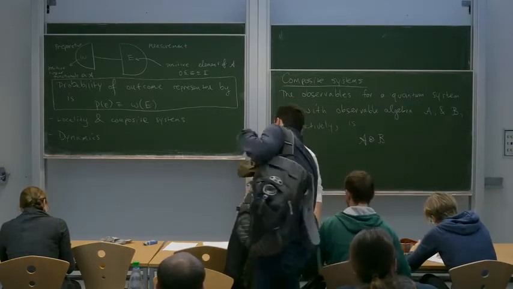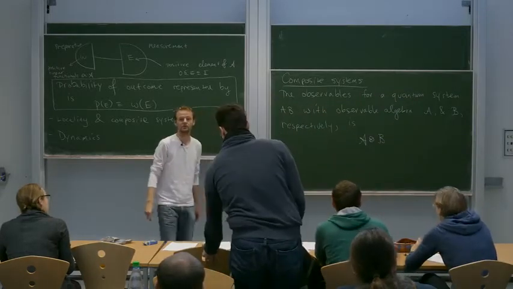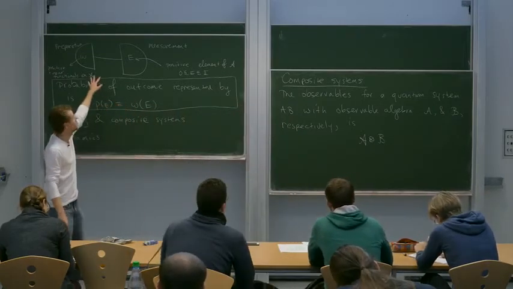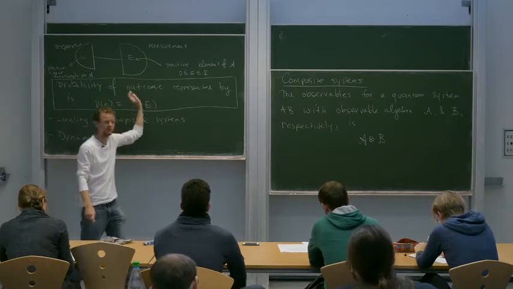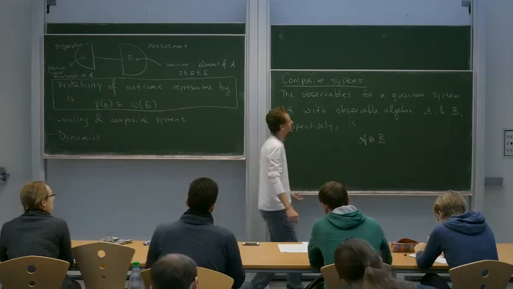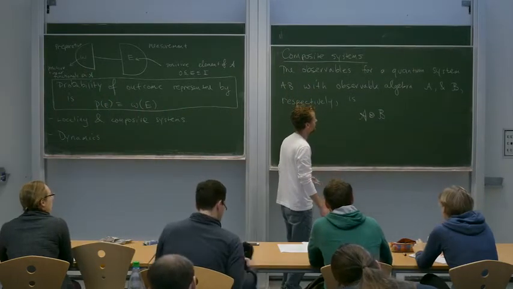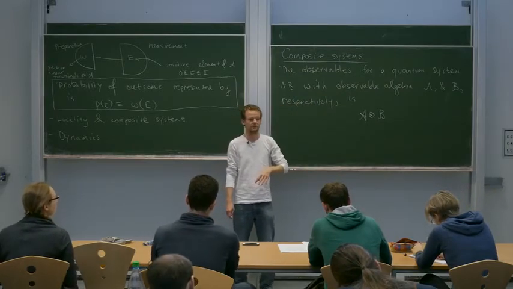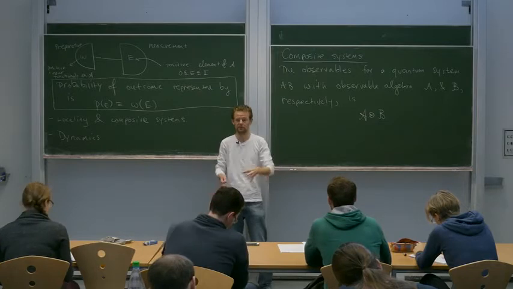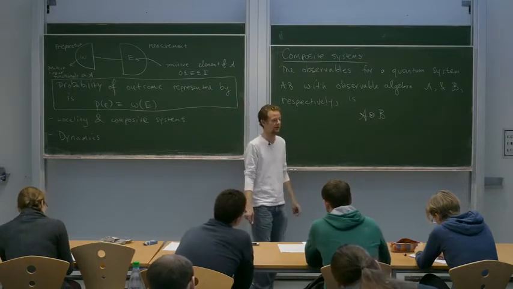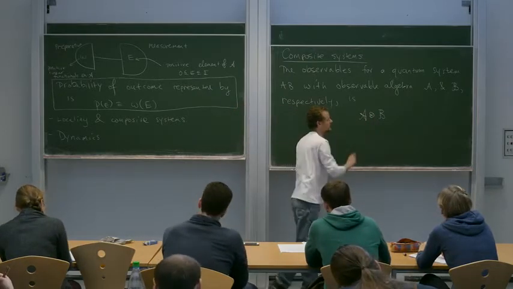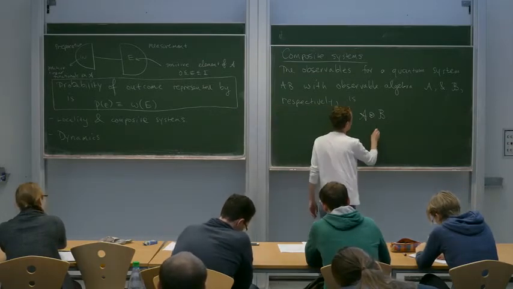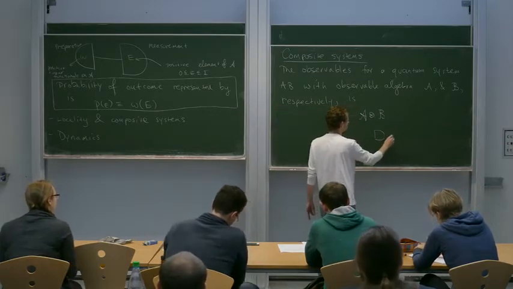I'm going to start bringing in some diagrams for our quantum systems. I've already started it here, these preparation measurement diagrams. So if you have some observables for a quantum system A, some observables for a quantum system B, then the full set of observables for your composite system, the one made of A and B, is the tensor product of these two observable sets. We'll do an example in a minute to keep it real. The picture I'd like to draw right now is